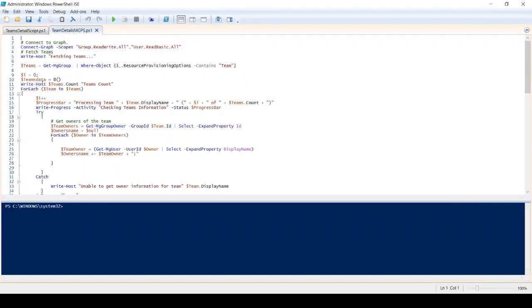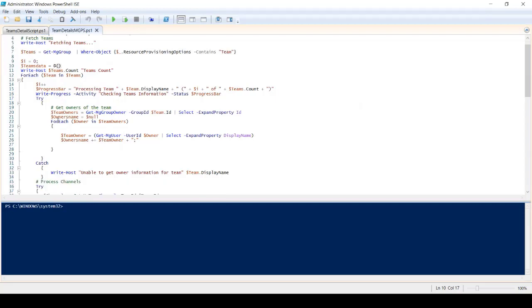Here, for retrieving the team groups, I have used Get-MgGroup and filtered using resourceProvisioningOptions contains Team. I am processing all the team values, and I am getting the owners of the team by using Get-MgGroupOwner. Mg is Microsoft Graph.